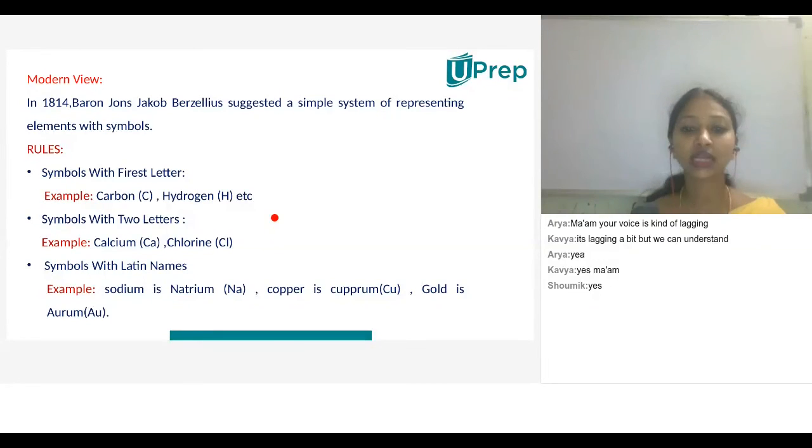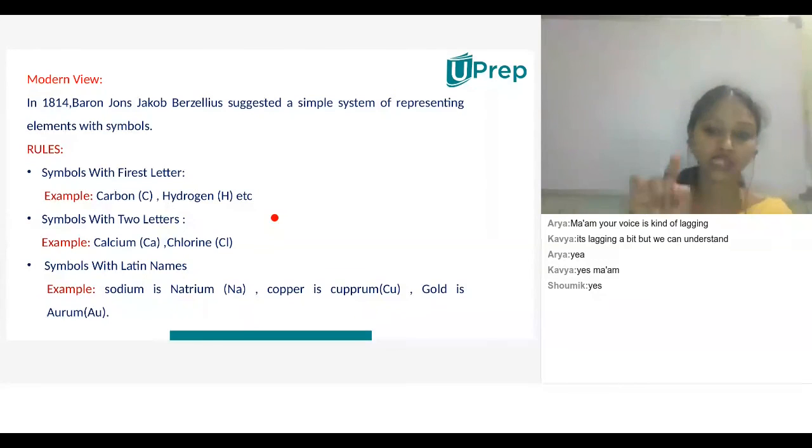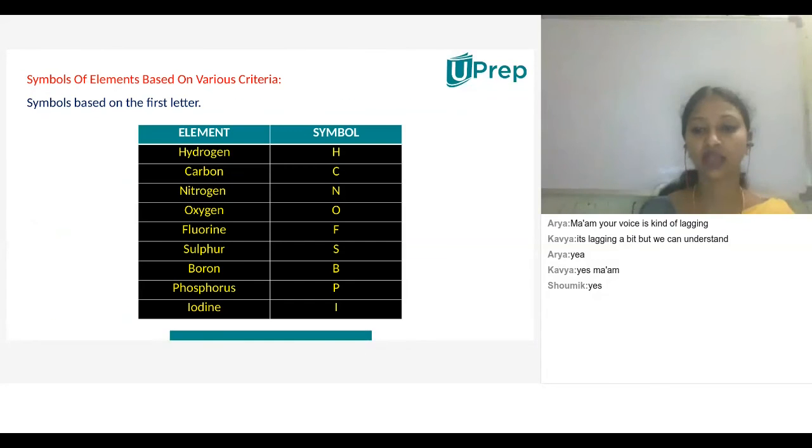Next, he considered the Latin names of a few elements. He gave symbols obtained from Latin words, like sodium is natrium in Latin, so the symbol is Na. Copper is cuprum, Cu, it's not a double P. Gold is aurum, Au. In that consideration, first he gave preference to the first letter, after that the second letter, and after that